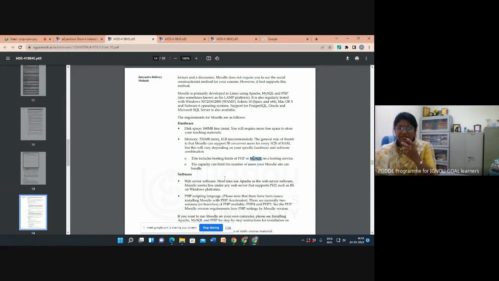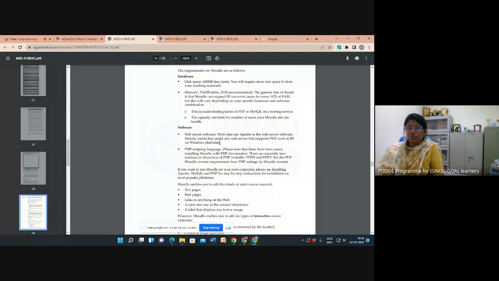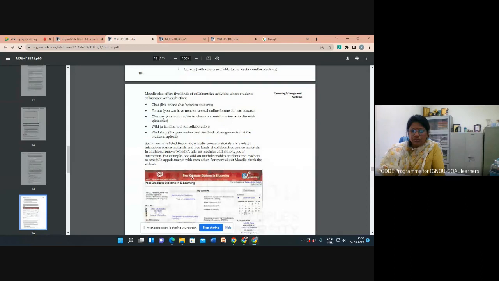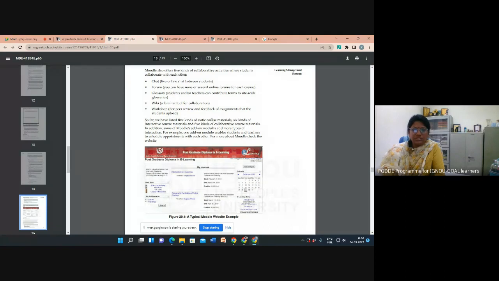So the hidden part is that even though it is a free package, you need to manage that software. You need manpower, you need an expert in PHP, an expert in the MySQL database. All of these are required to manage Moodle. If you have the expertise in your institution, you can use this. If you do not have that, you can give it to a third party who will do that activity for you. You need to pay some money.